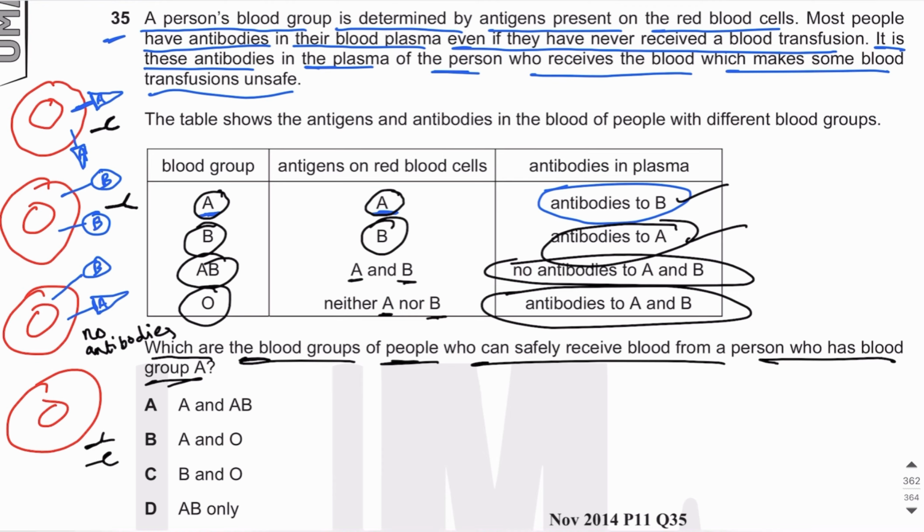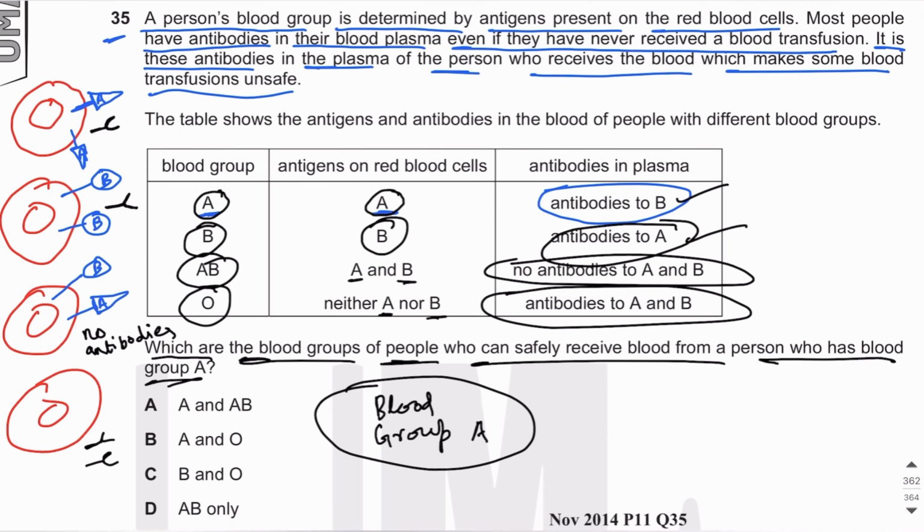For example, if I were to receive a blood transfusion from a person with blood group A, right? Then I should not have any antibody against A antigen. Are you guys getting my point? Like if I have to receive blood transfusion from a person with blood group A, then I should not have